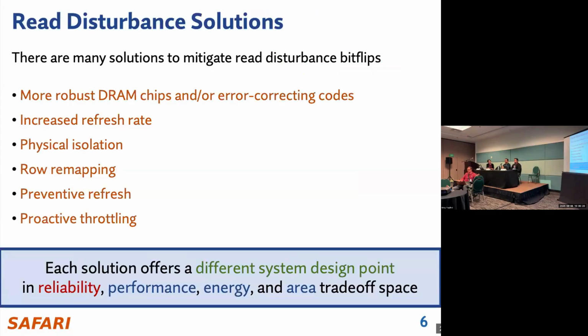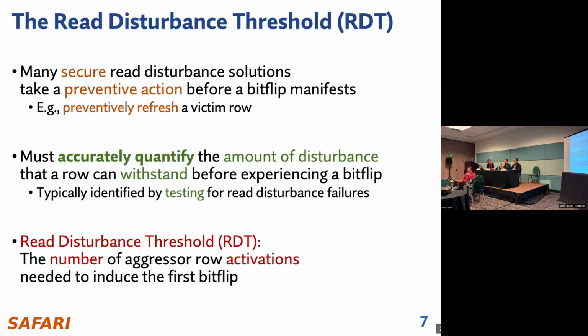So there are many read disturbance solutions that are proposed in literature, in industry. We talked about a few of them in GIStalk. Each solution requires a different system design point, and there's a very rich trade-off space in reliability, performance, energy, and area. But all of these solutions essentially require knowing a read disturbance threshold. They take a preventive action before a bit flip manifests. For these solutions to work, you must accurately quantify when to take an action before the DRAM cell actually gets